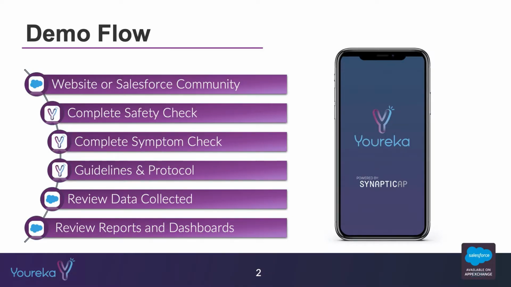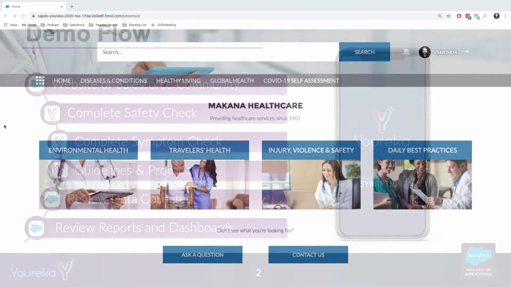So what I'm going to show you today is we're going to start in a website or at a Salesforce community. We're going to click a button and jump into a quick inspection or a quick self-assessment where we can do things like a safety check as well as a symptom check, just to make sure that we're filling out all the right information and answering questions about what we're currently experiencing as an individual. We can also present the user with guidelines and protocol, and then ultimately jump back into Salesforce and